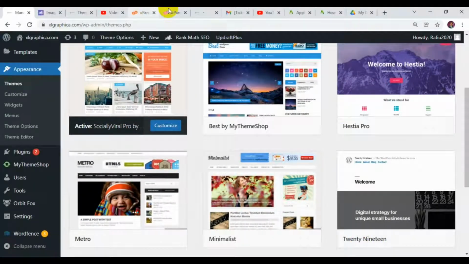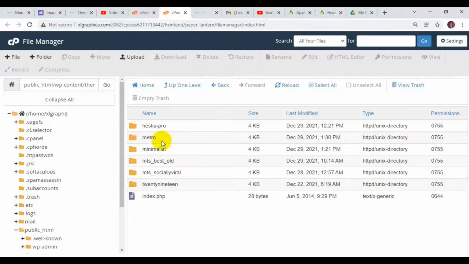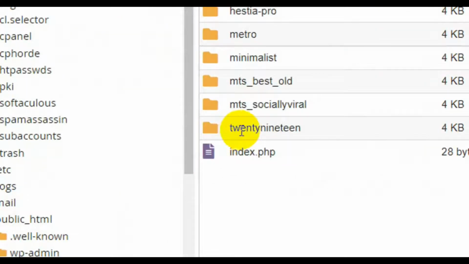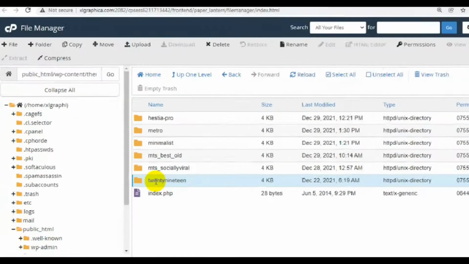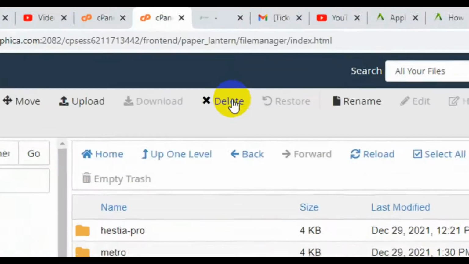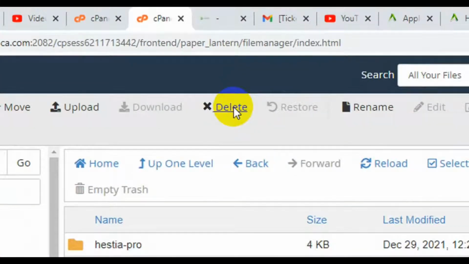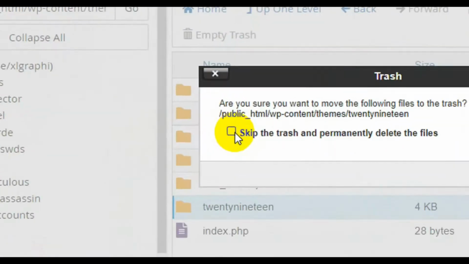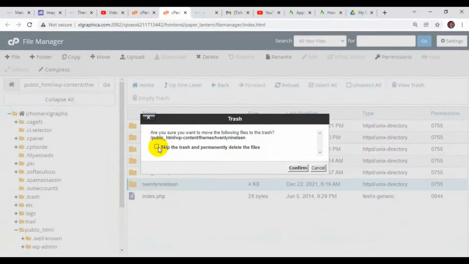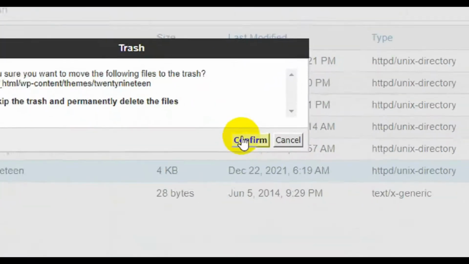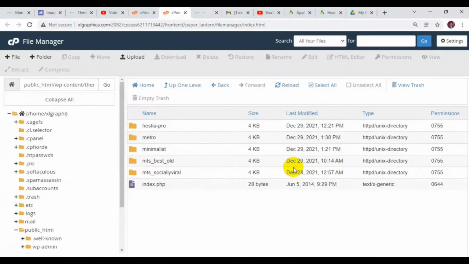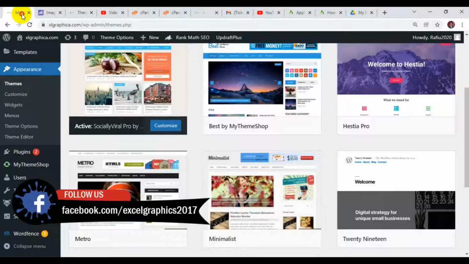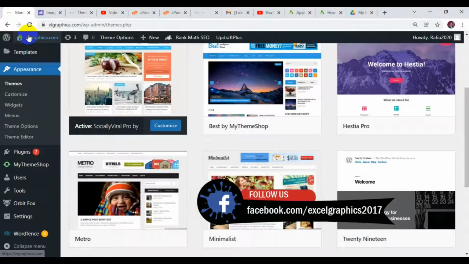So I have to go back to my file manager here. You can see this one here, 2019. Then you have to select it and click on delete. At this point, you need to make sure you check on this box, and then come here and click on confirm. If you go back to your WordPress dashboard and refresh now,